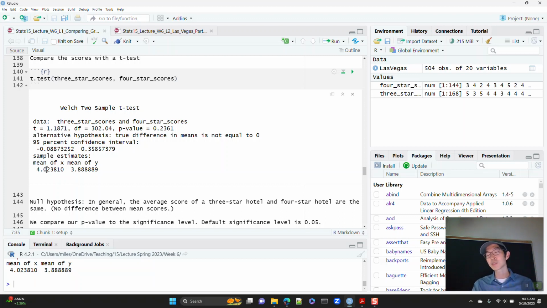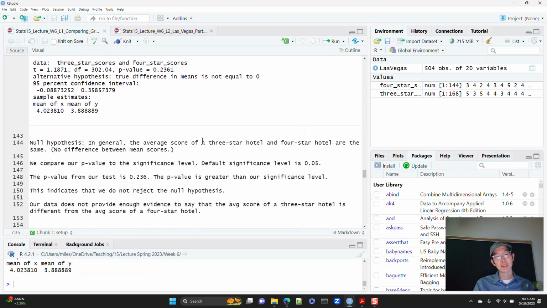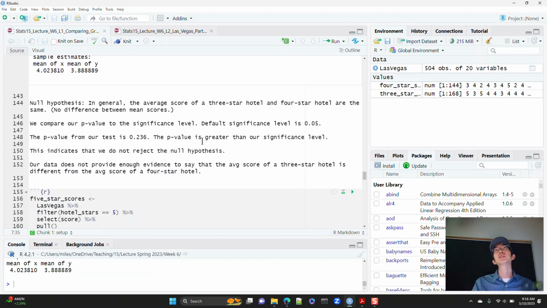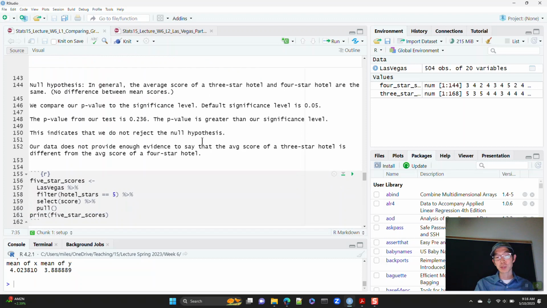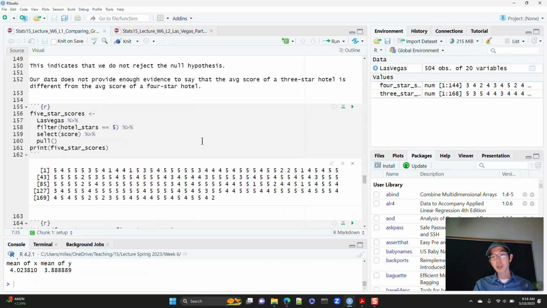It's not that weird to get a difference of 4.02 versus 3.88. That could happen by random chance. It's going to happen around 24% of the time, this p-value of 0.236. So right now we don't have any reason to believe that the 3-star scores and the 4-star scores are different. Okay, what about the 5-star scores?